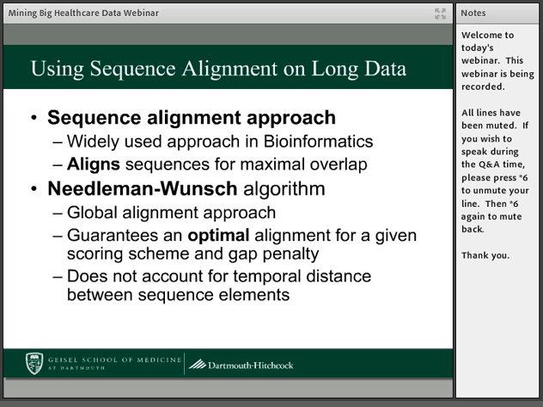We're envisioning that when we get all this data from electronic health record systems, we'll need something very similar to align patients, where there might be fragments of data from different health systems, and there might be common patterns that we need to look for across patients. There's a well-known algorithm called Needleman-Wunsch, developed 30 or 40 years ago, and it's important for us to know that this algorithm will do the best job it can, which is what we're working on. It doesn't account for the temporal distance between the sequence elements, so this is the work presented this year, to figure out how to incorporate time into the sequence alignment algorithm.